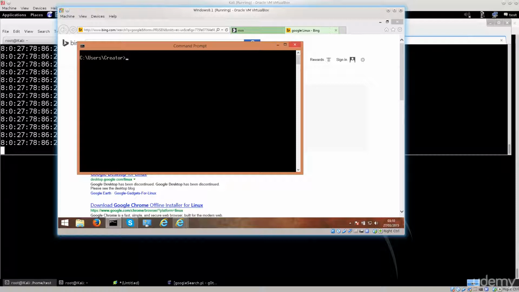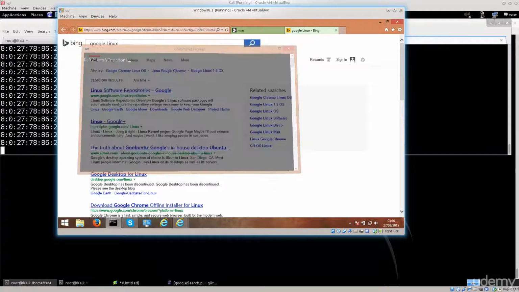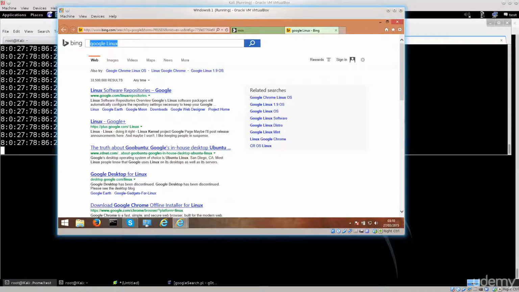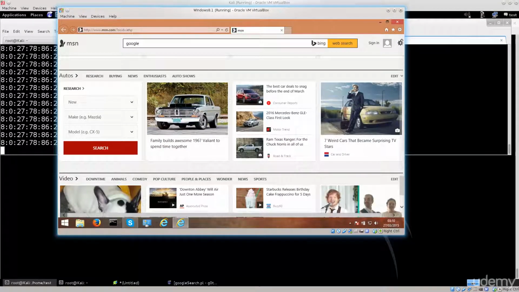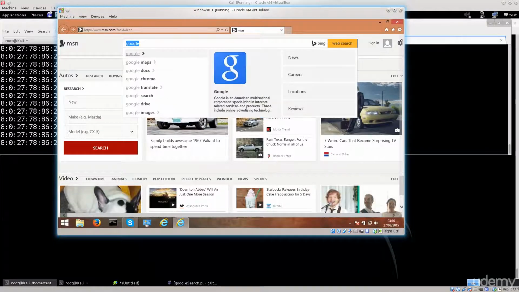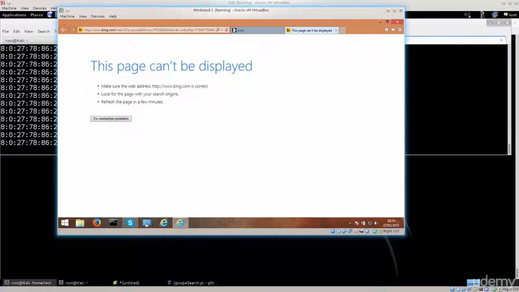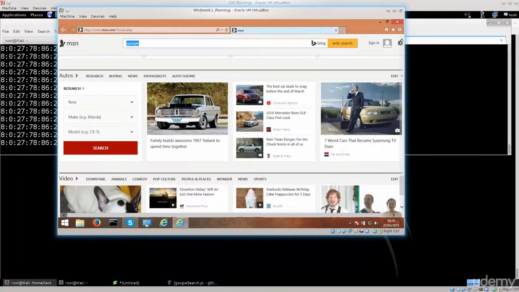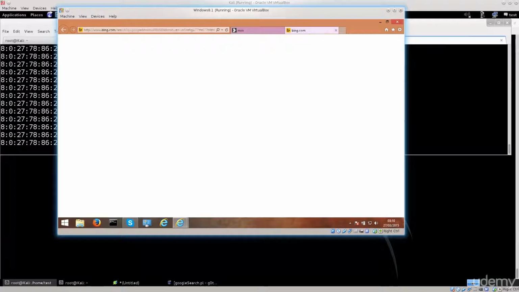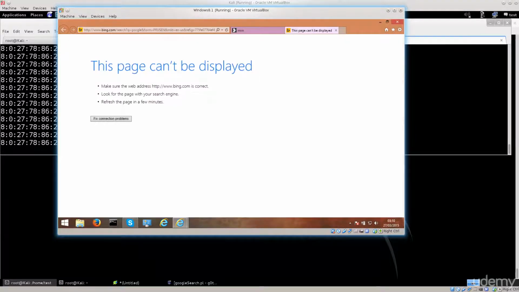Anyway, I'm going to go ahead and close this frustrating CMD. And you see it says here Google, and okay, so let's just go back to msn.com. Anyway, my search query was Google, and if I press web search, don't fix it. I don't want you to fix it. You never fix anything. So Google, I press web search, and the page cannot be displayed. Make sure the HTTP